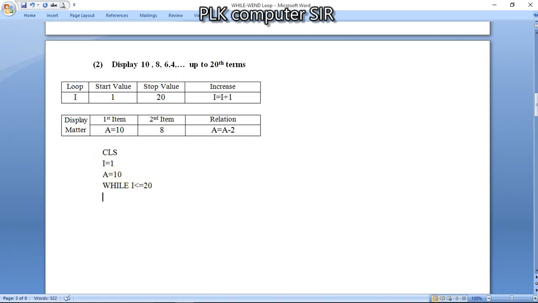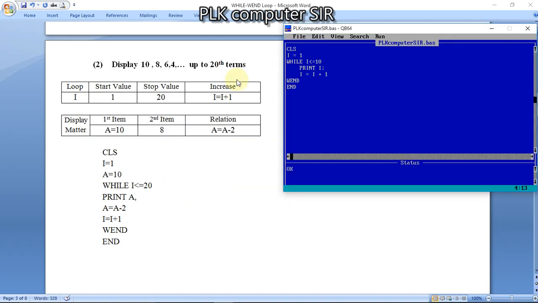Now we have to print the variable a. I will use a comma, so it will print in 5 different printing zones. Now the a value should be decreased by 2, and finally increase the counter by 1, while condition closing, WEND, terminating the code.